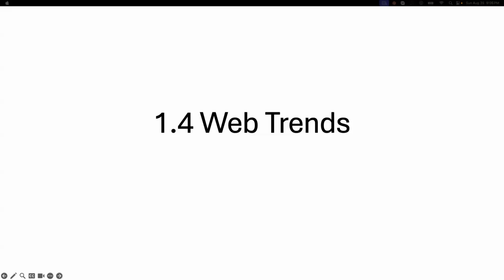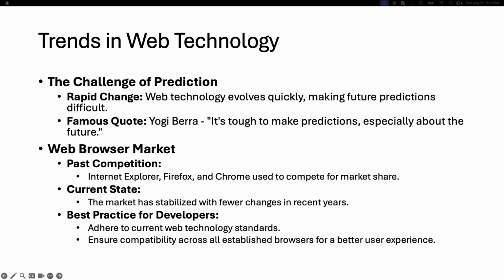In this module, we'll be talking about web trends. Web technology is changing at a rapid pace, making it challenging to predict what tools and behaviors will look like even a few years from now. This rapid evolution is a major consideration for web developers who need to stay current with the latest trends and